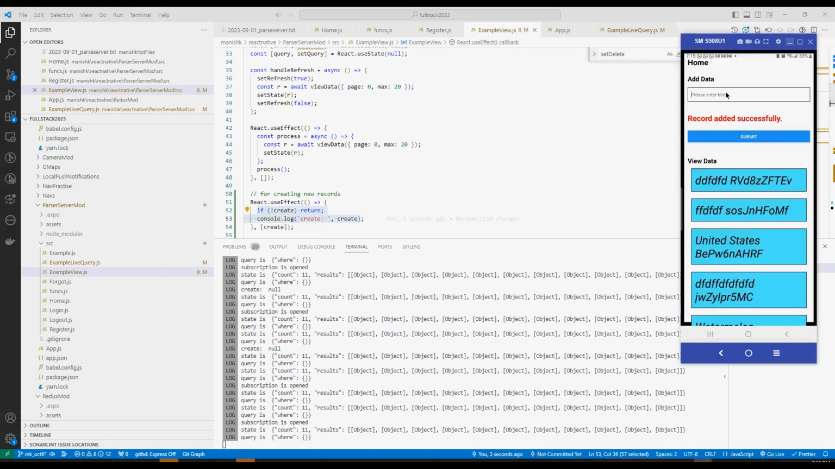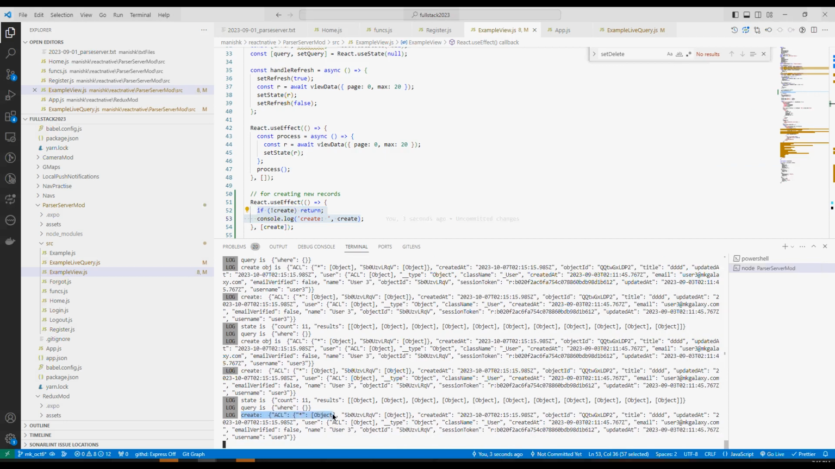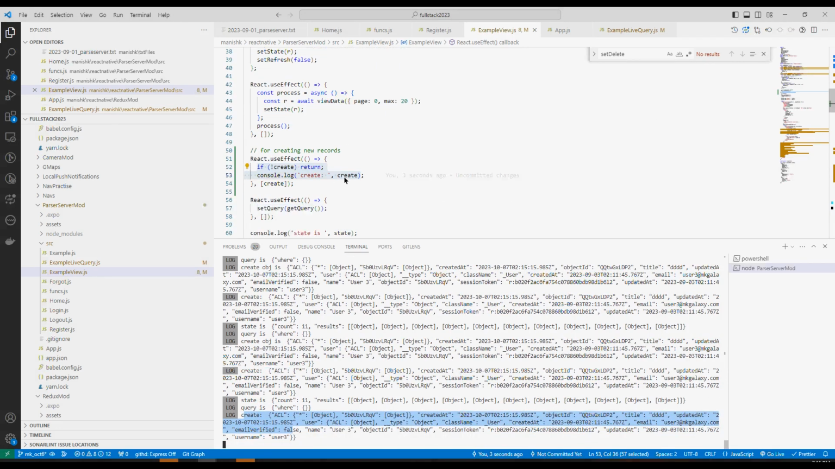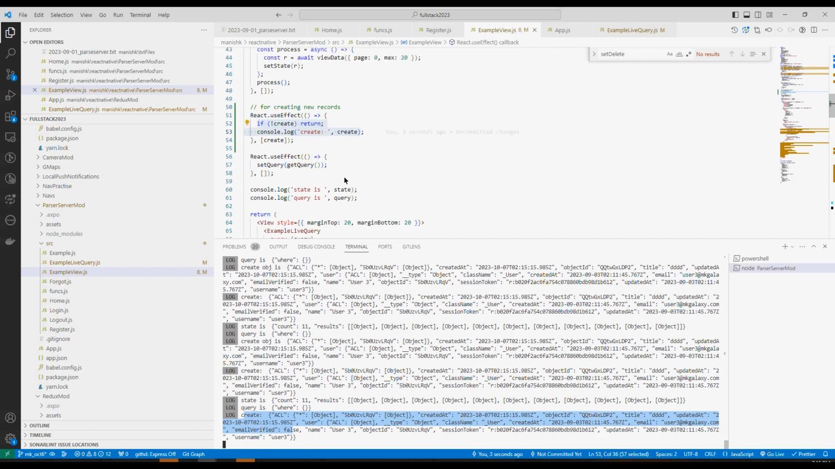Let's create one more record now. So I'm able to see the create part now because we have something inside the create, and that's the reason we are able to call the create part here. Okay, so we are able to do the create here. So now what happened? See, multiple creates are coming here because